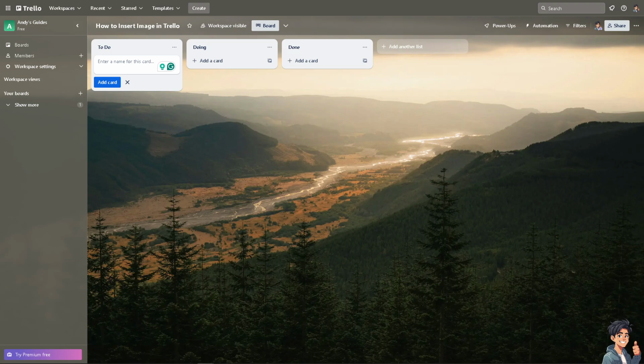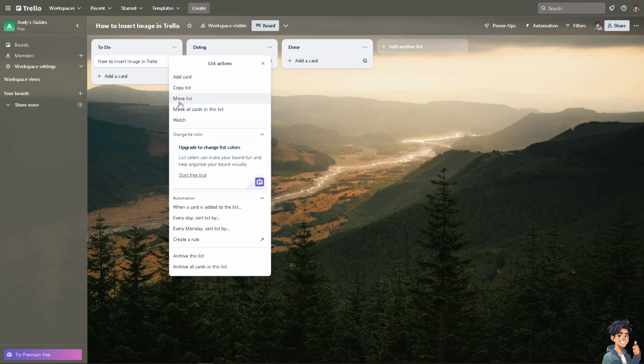Inserting images into Trello cards is a straightforward process that can greatly enhance your project management and collaboration processes. Now, all I'm going to do is add a card. For example, this one. I'm going to enter a card. Then from here,